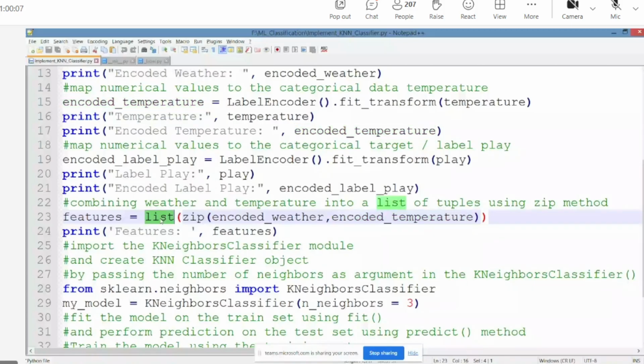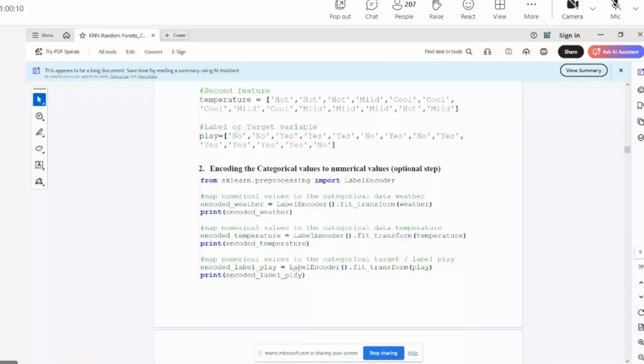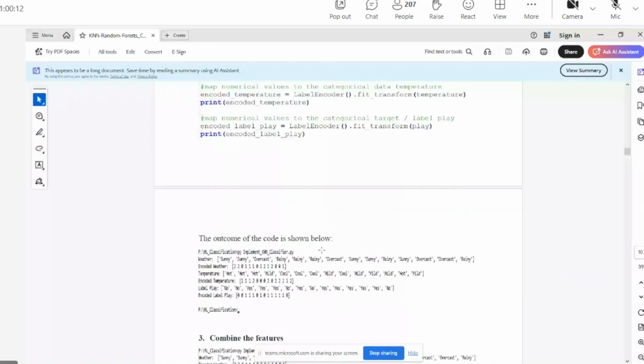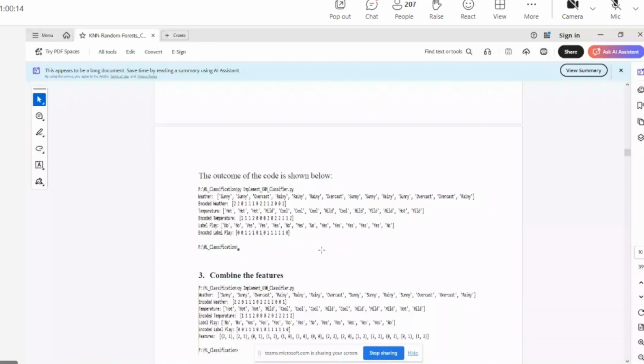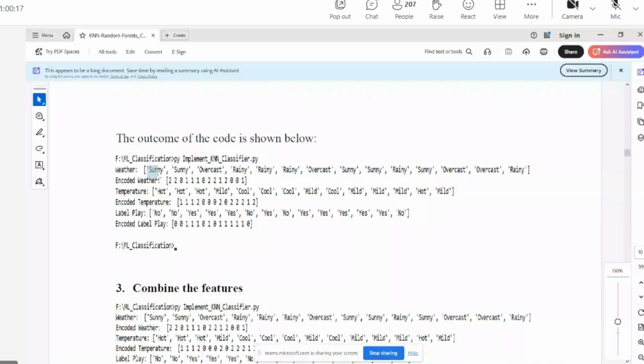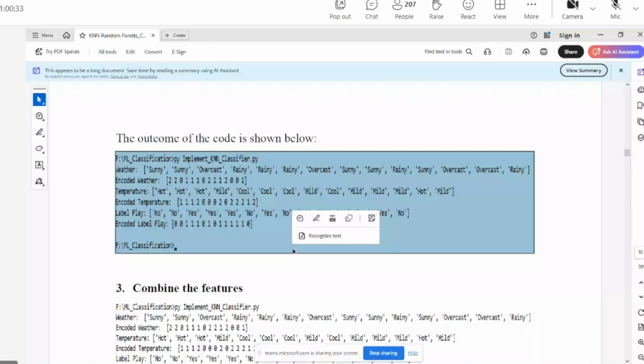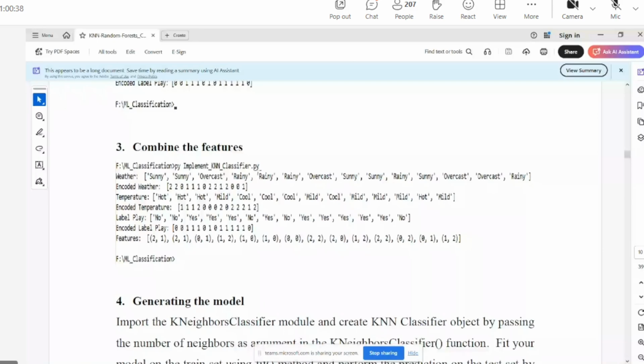Finally, I will show you in the PDF itself what outcome will come. Clearly you can see sunny got value 2. Again sunny 2. Overcast 0. Rainy 1. This is encoded weather. Similarly, encoded temperature. After that, I am combining the features. Clearly you see, the first value in encoded weather is 2, the first value in encoded temperature is 1.